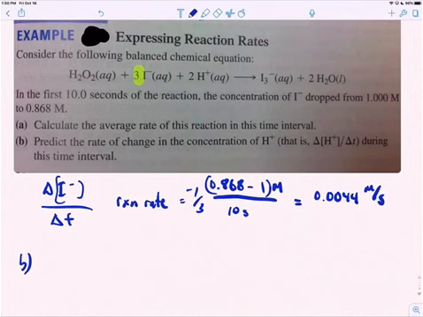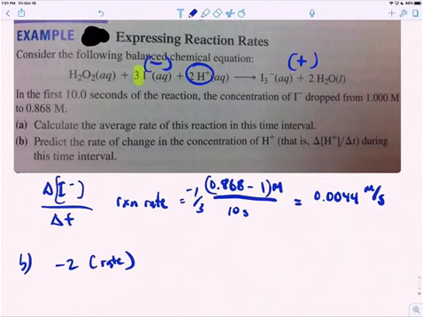So for part B here, there's a 2 there, so it's just going to be minus 2 times the rate. And why is there a minus? Well, the reactants are all negative. The products are all positive. The reactants go away, they're consumed. The products are formed, they're positive. So minus 2 times the rate, this is